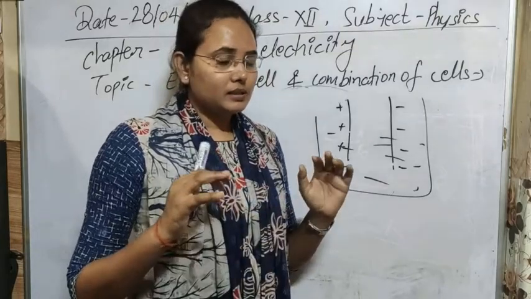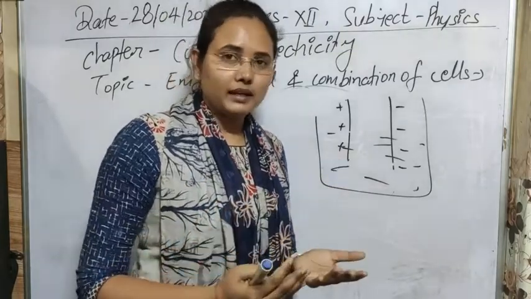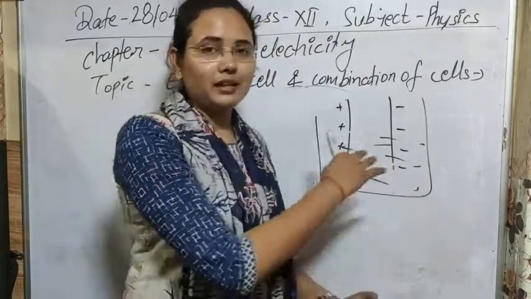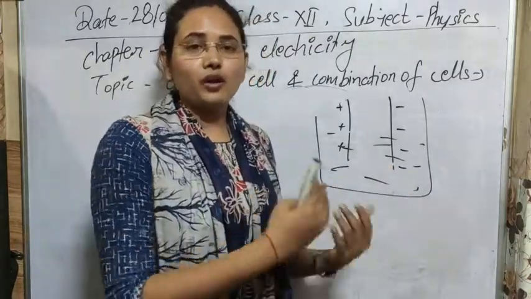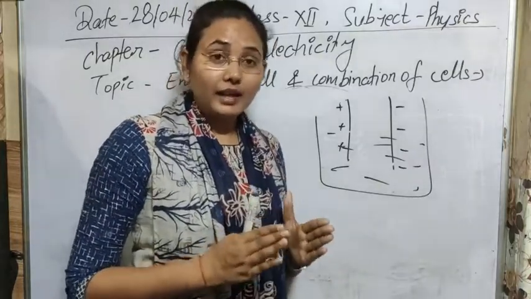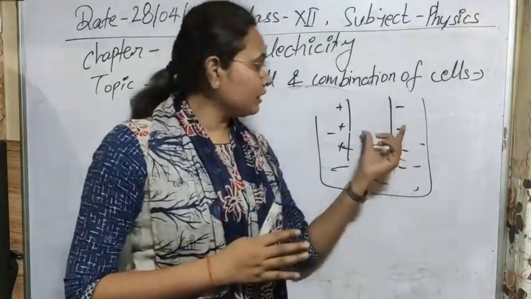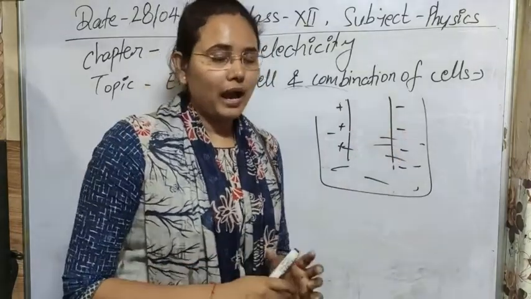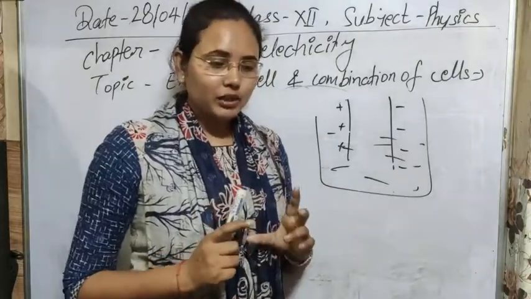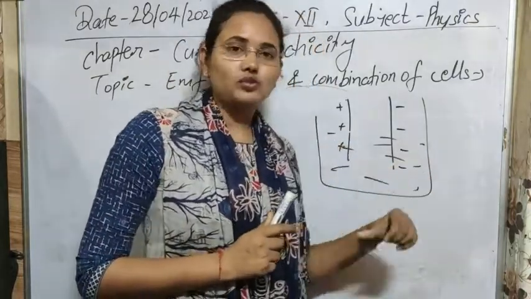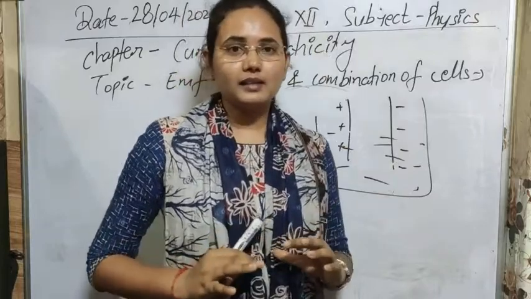Simple thing is that it is an open circuit we are talking about here. We haven't closed it with any other circuit or resistors, we are not taking any current through it, we have just constructed it. At that time, the potential created between these two plates, that potential difference, is known as its EMF. So if you have to define it in one line, the maximum potential difference when no current is drawn from the cell is known as its EMF. Clear?